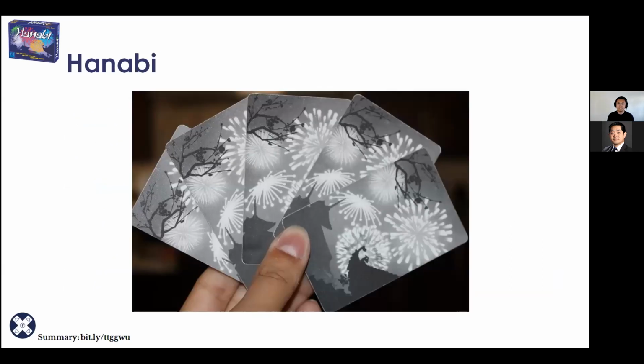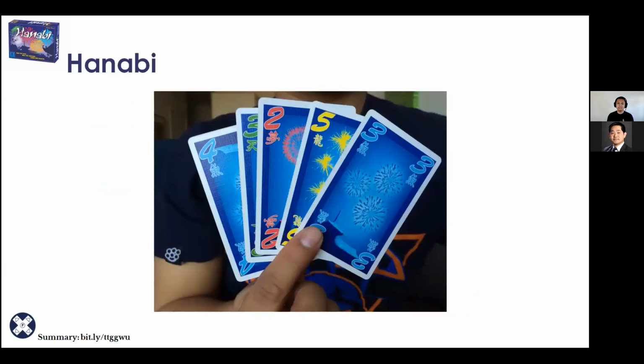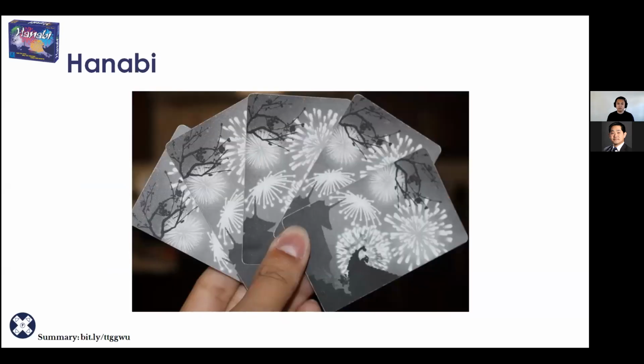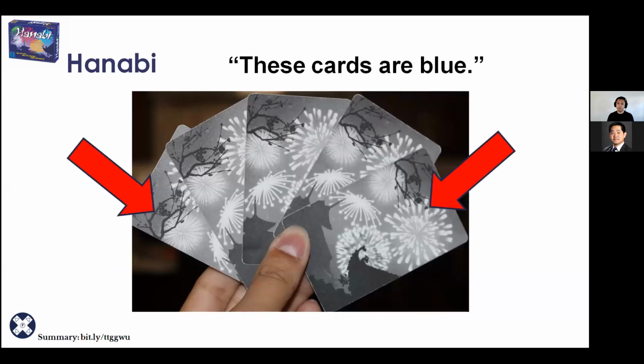So let's go back to this hand again for this individual player. This is us. This is what we can see. The player we're giving clues to, they cannot see these cards. So let's select these 2 right here. We see on the end, there's a blue 4 and a blue 3, and we want to target those cards and give them information. Playing in person, we would tap these 2 cards as they're holding them, and we'd say, okay, these 2 cards I'm tapping right here, these cards are blue. That's all the clue we can give them. We've chosen the color, and we can just say that these cards are blue, and that's it.